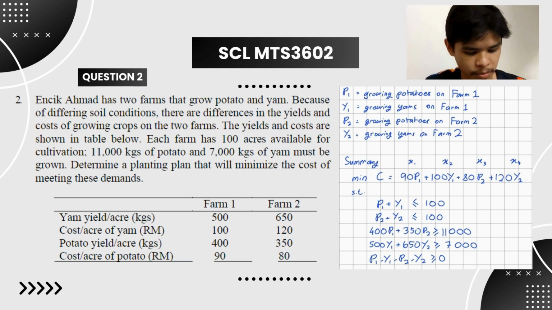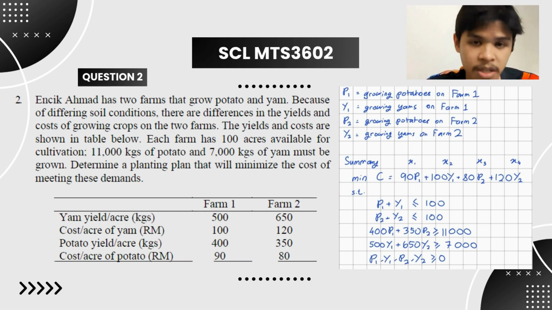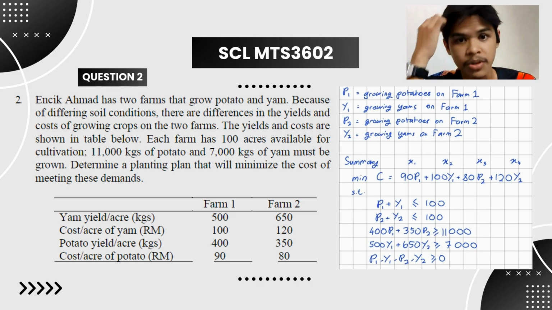Okay, now we proceed to the next question, which is question 2. To analyze the question, we convert it to a mathematical formulation, where I assume that we are using P1, Y1, P2, and Y2, converting from the potato and yam from farm 1 and farm 2. As summarized, the question is to find the minimum of the cost, which is converted to